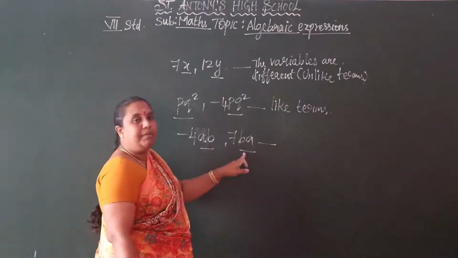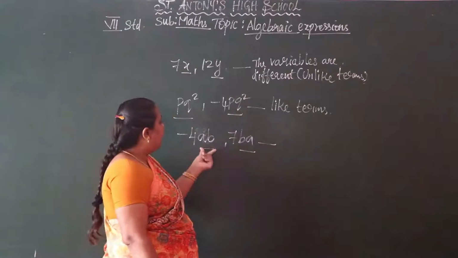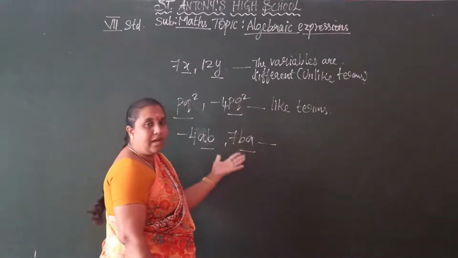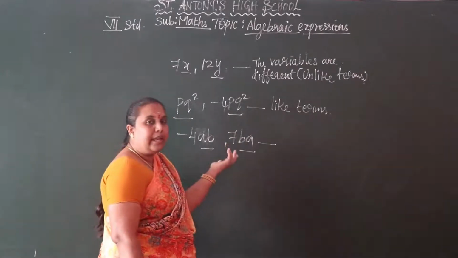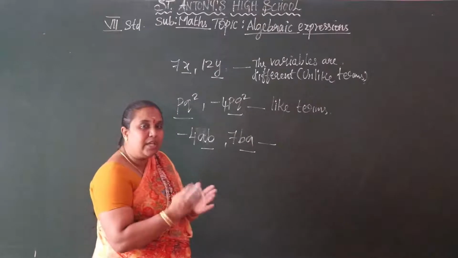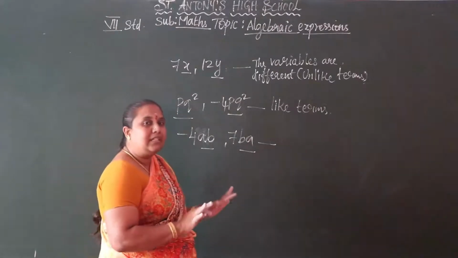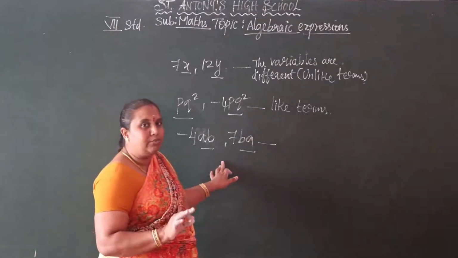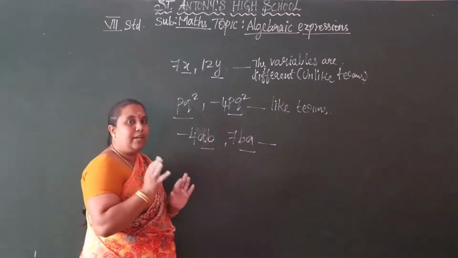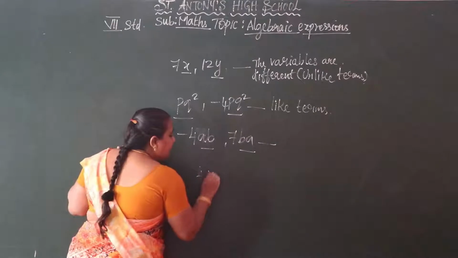Here ab, here ba. So ba can be written as ab also. In multiplication, if we interchange the variables, it doesn't change the value. For example, 4 3s are...